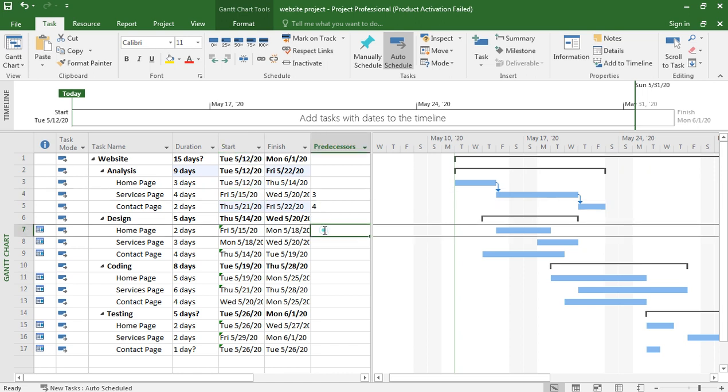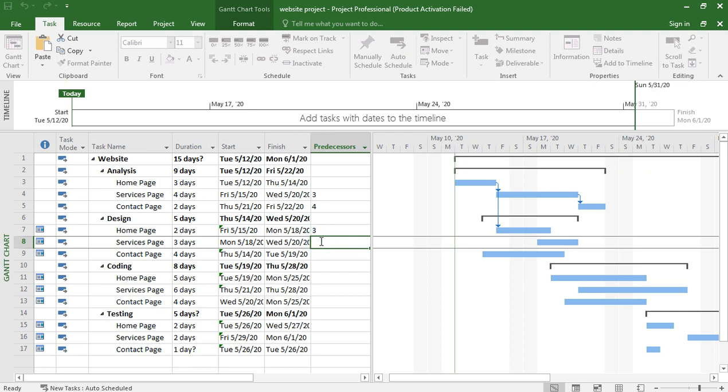Now if you go here and services pages, we should start from 5/12, because it has been started.